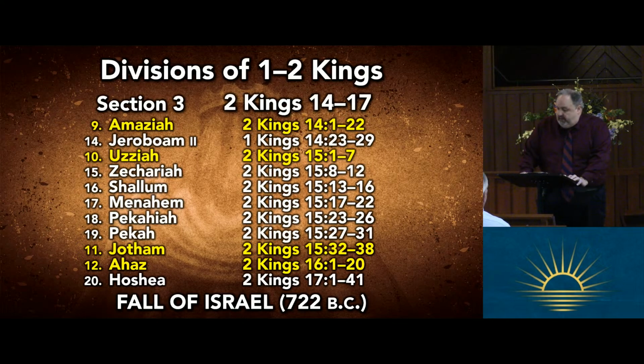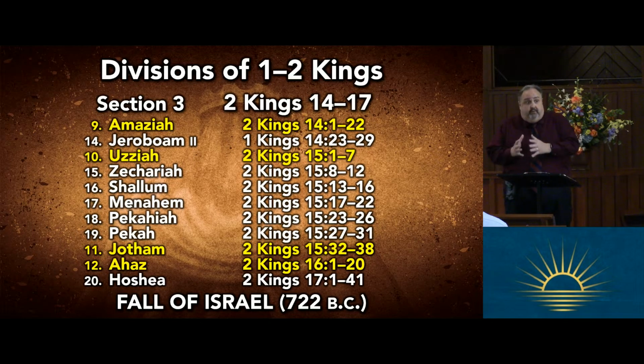This third major section, the next to last, ends with the fall of Israel. And I want you to take a look at that with me. 2 Kings 17. The fall of Israel. Elijah, did he mess with the southern kingdom? Was he talking to the kings of the southern kingdom? No, he was trying to get Israel, the northern kingdom, to repent.